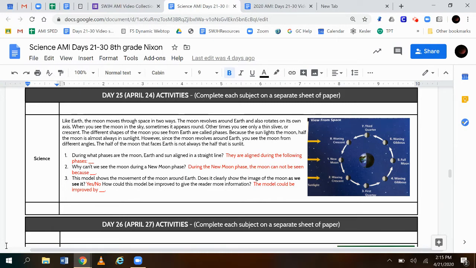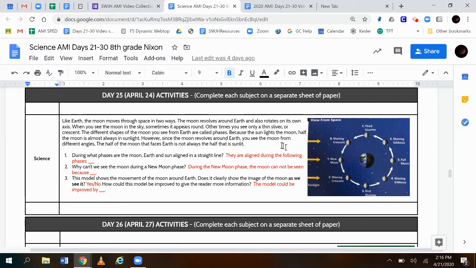So as usual, let's read the questions first. Number 1, during what phases are the moon, earth, and sun aligned in a straight line? Okay, so we're looking over here at the diagram, the view from space. So this is not from Earth, it's from space. You're standing out here maybe on a different planet, and you can see that this is the sunlight, the yellow